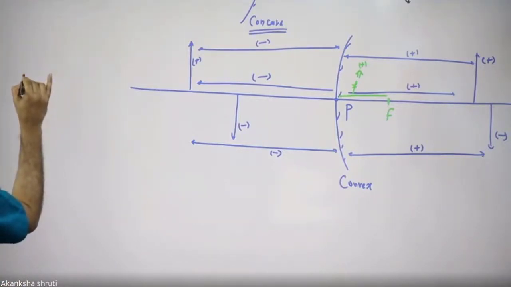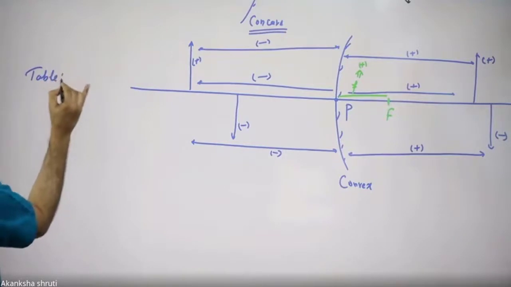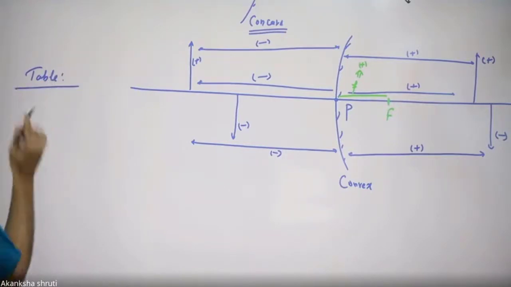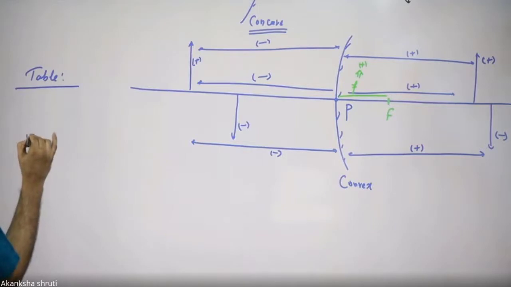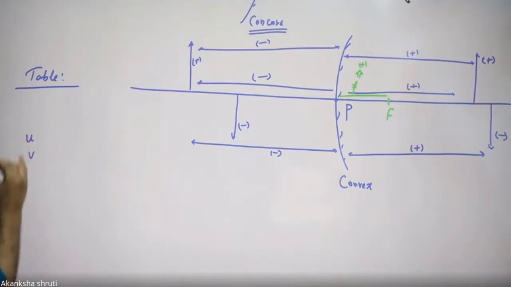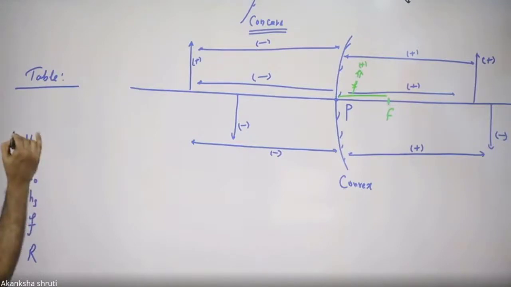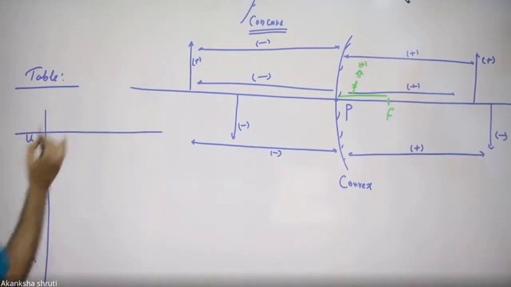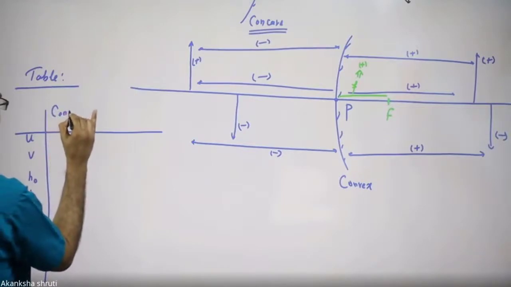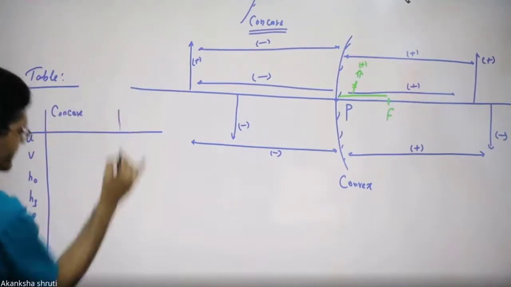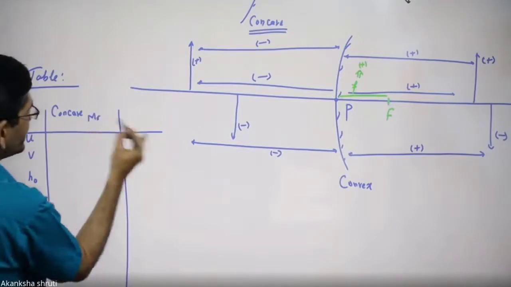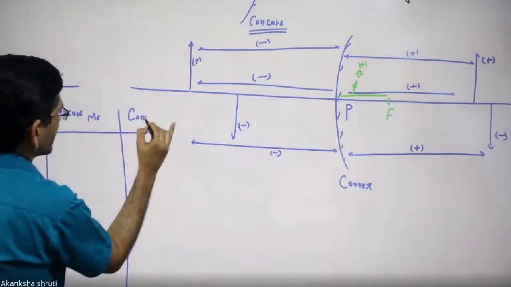So along with this sign you have to take. Students, so the table for the sign convention that we are writing. Students, sign of what can be taken? The object, image, height of object, height of image, the focus, the radius of curvature. This can be taken for the concave mirror, students, it is our mirror, okay? And also for the convex mirror.